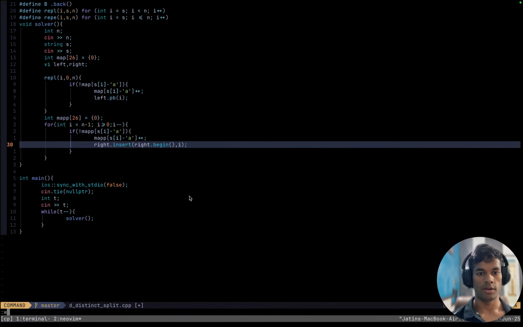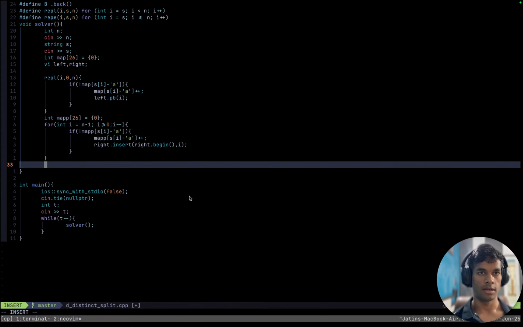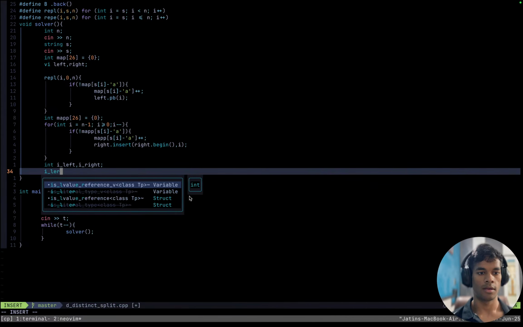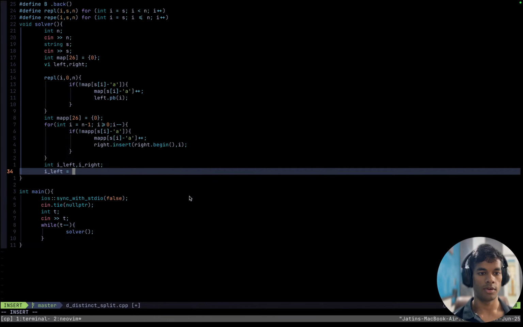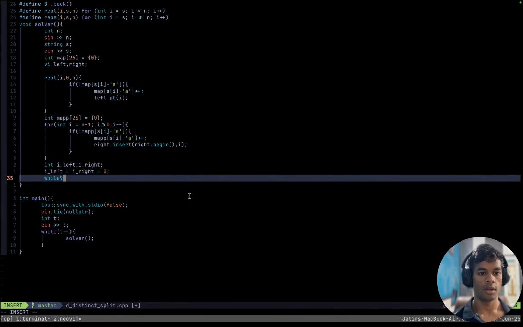What do I want to insert? I want to insert i, and then counters i left, i right, both of them equal to 0, and while